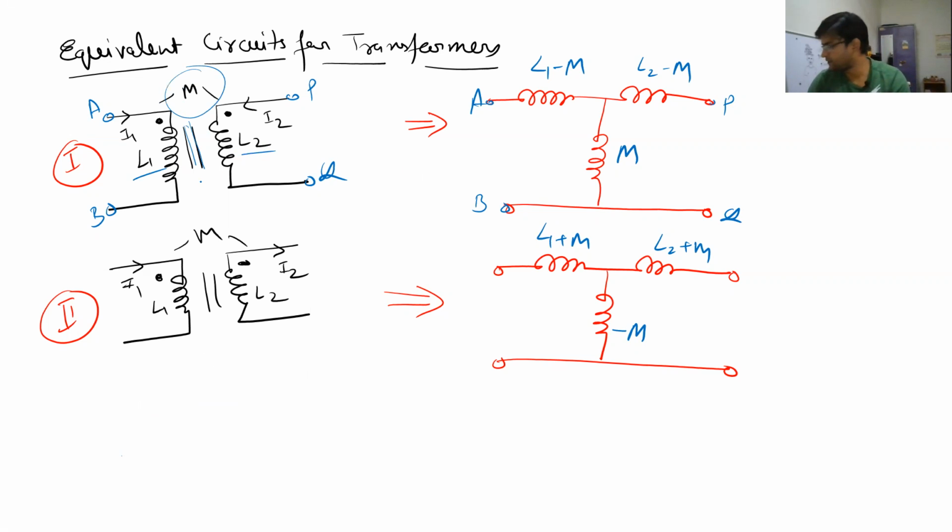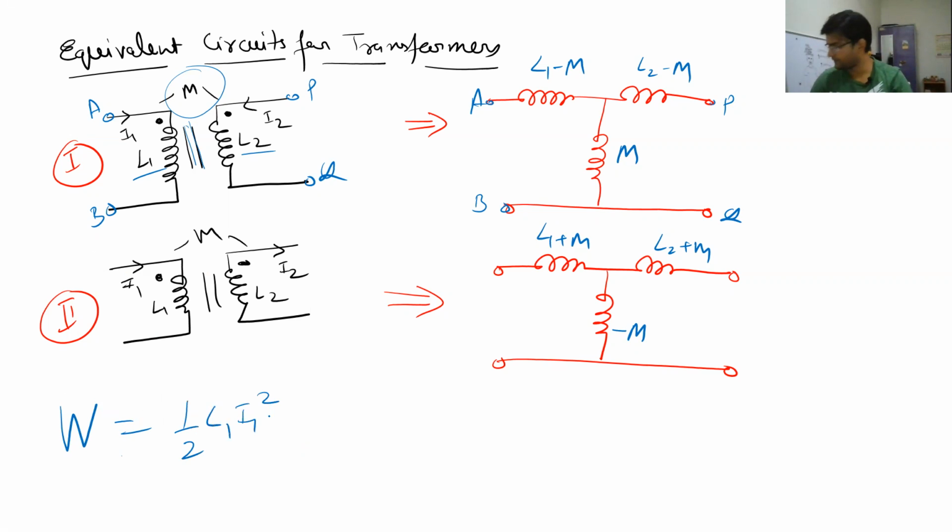The total energy will be stored in L1 and L2, and also in this mutual inductance M. In the first case, if it is aiding, the mutual inductance energy will be added, and since in the second case the fluxes are opposing each other, they are cancelling out each other, the mutual inductance energy component will be subtracted. So we can write the total energy in this transformer combination as 1 by 2 L1